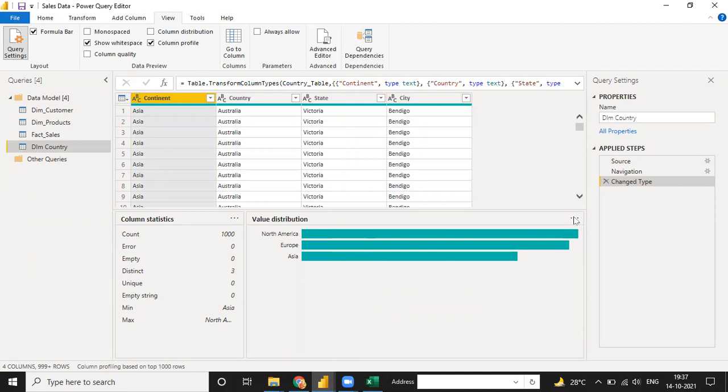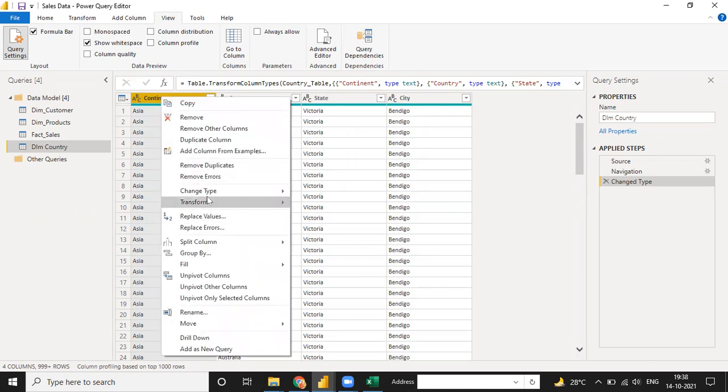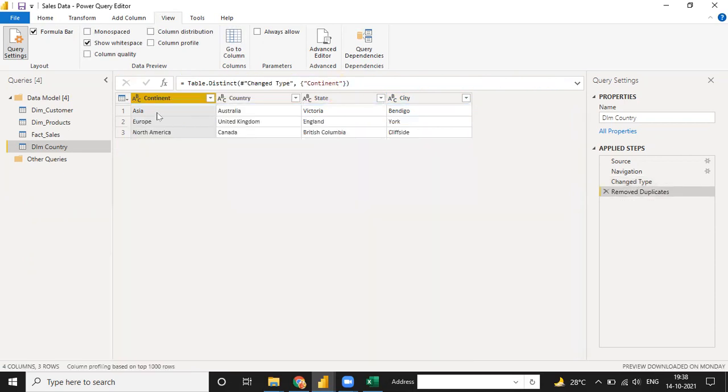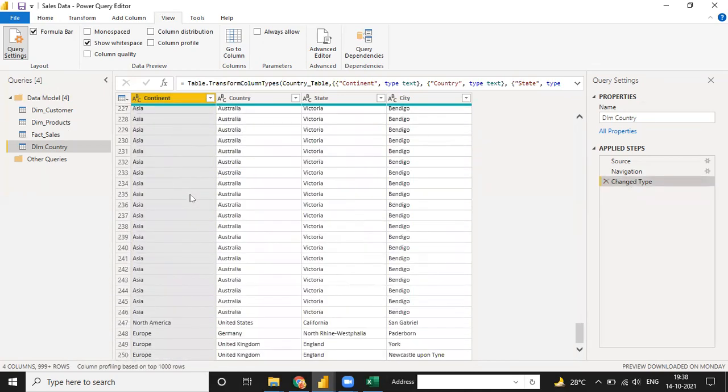So for this, suppose right now I'm just going to uncheck this one, and right now we have 3 continents. I don't want multiple or duplicates. So if I click on this and remove duplicates, it means only this column will remain and only 3 countries we have. Is it right or wrong? It is wrong, because this will not give you the complete insight, so you don't need to remove any other column.